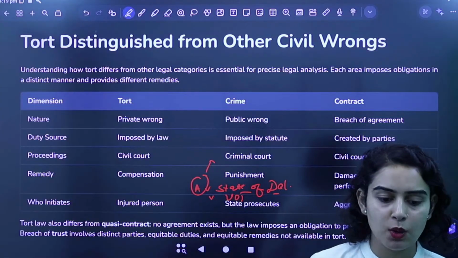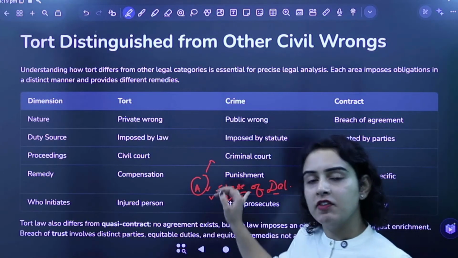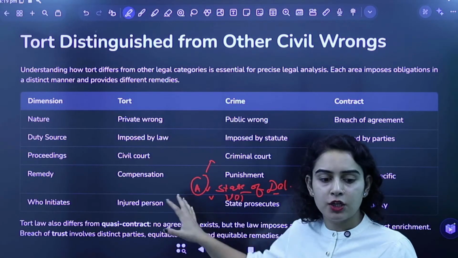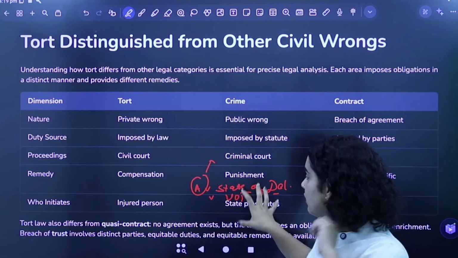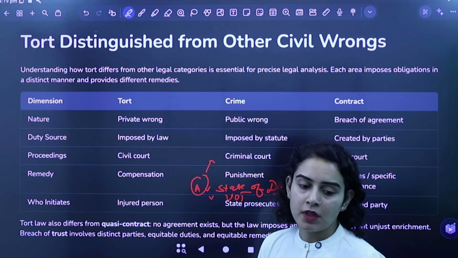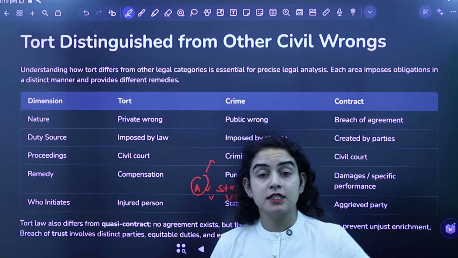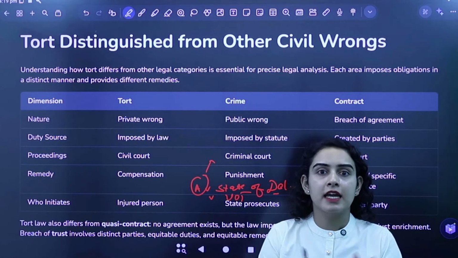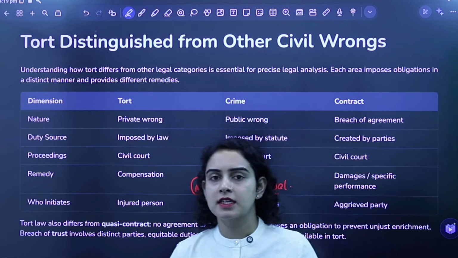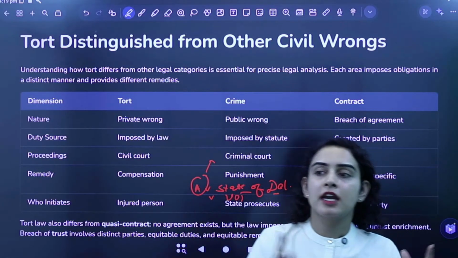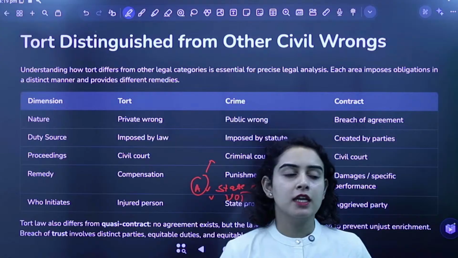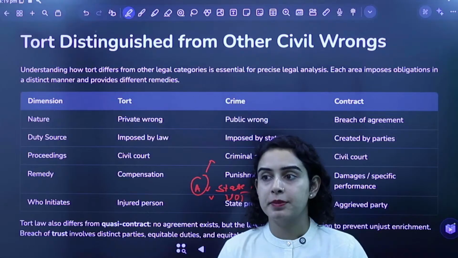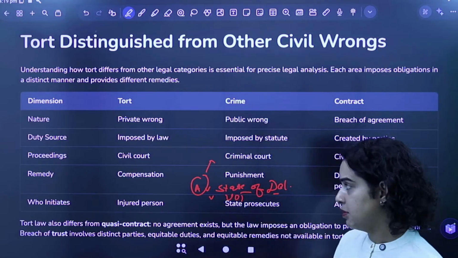State means government. Now, why do we have government as another party? Government represents the victim, and this person is the accused, right? Accused we mention separately, and the government represents the victim. It represents the victim because it is always said that whenever a crime happens, it always happens against the entire society. It's not just against one person, it is against the entire society. When a crime happens, it creates fear in the whole society that such a thing has happened, right? And it is the responsibility of the state and the government to ensure that this does not happen ever again. That's why the state represents it.